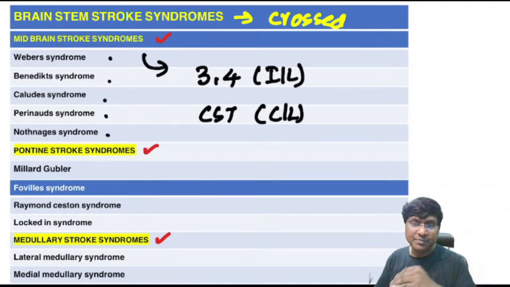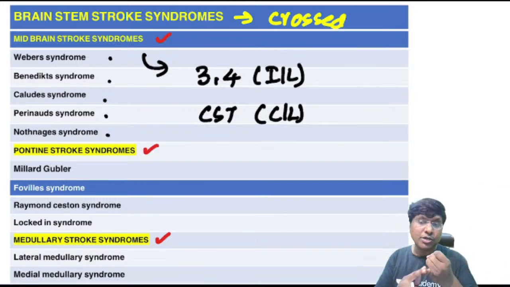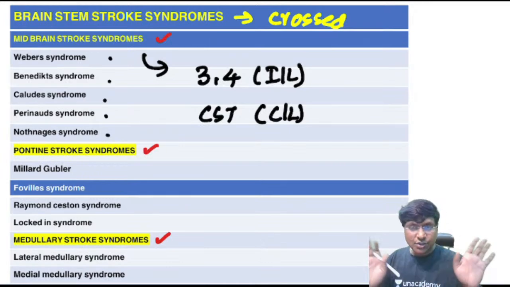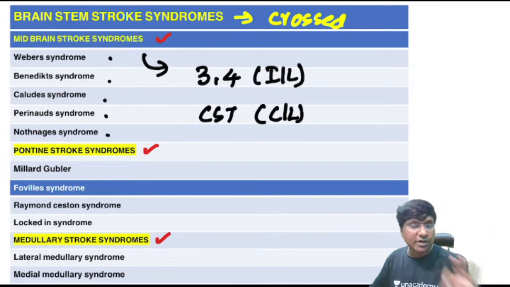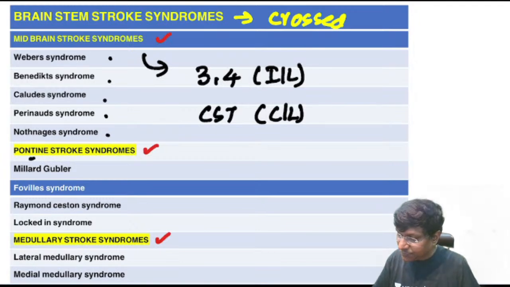Yes, again, if you see Weber syndrome, you have oculomotor nerve gone, corticospinal tract gone, and corticobulbar tract also gone. And Benedict's, if you see, oculomotor nerve gone, corticospinal tract, corticobulbar tract, and red nucleus also. Don't break your head at this point of time if you did not read brainstem stroke syndromes until now. Just remember the names and cranial nerves which are affected. Then, if you take the pontine stroke